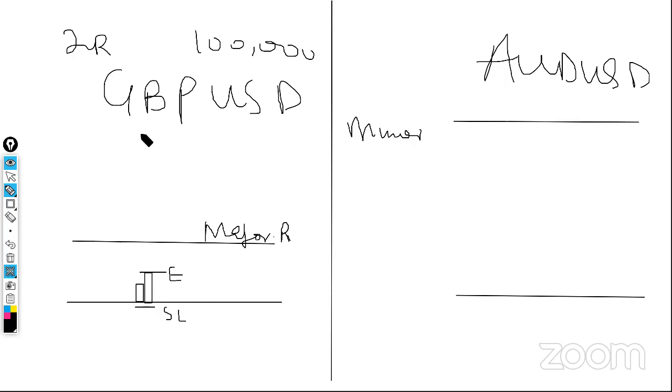And then maybe on my account, I don't risk more than maybe 1% or maybe 0.5%. It means if I want to make an entry right here with 1% risk, my stop loss right here, it means if the market goes against me right here, I'm going to lose 1%. Okay, that's my stop loss. And if the market goes in my favor, I'm going to gain what? 2% right here.